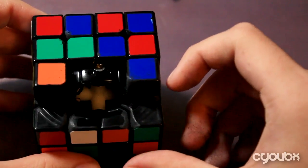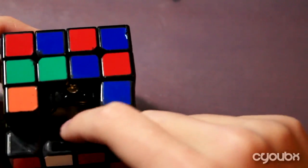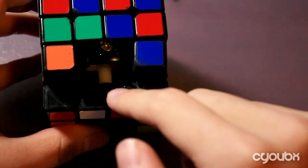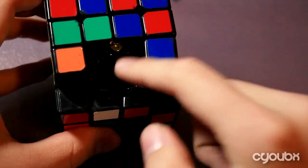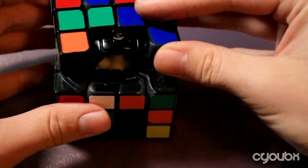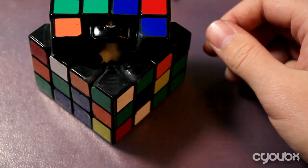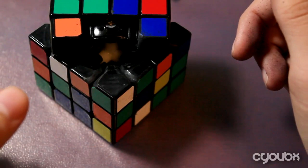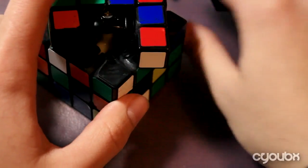And at this point, you can do a couple things. The first is you have this hole down here. I know this is a black cube, so it's hard to see, but this hole is obviously for the small inner piece. And you can just drop that in and it's going to be secured. And from here, you actually want to turn the cube 45 degrees. That's going to lock that inner piece in place so that it's not going to fall out. And now you just want to take your two corners,